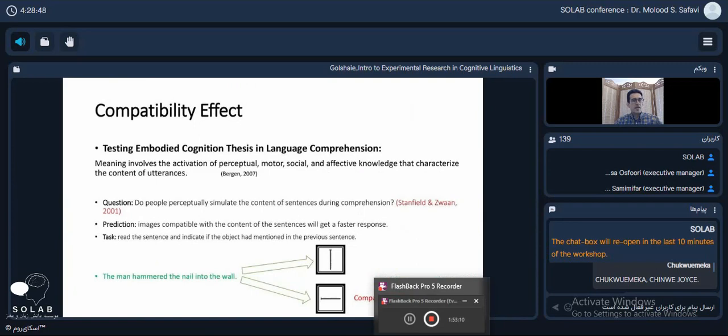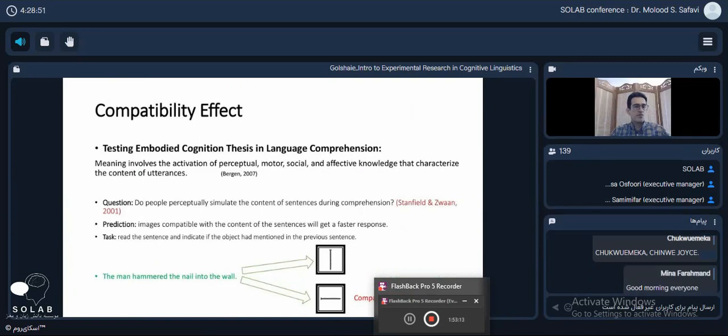Another method that we want to introduce today is the compatibility effect, which is based on reaction time or response time measures. But it's interesting that this method has been used to test the embodied cognition thesis in language comprehension. According to this view of language comprehension, meaning involves the activation of perceptual, motor, social, and affective knowledge that characterize